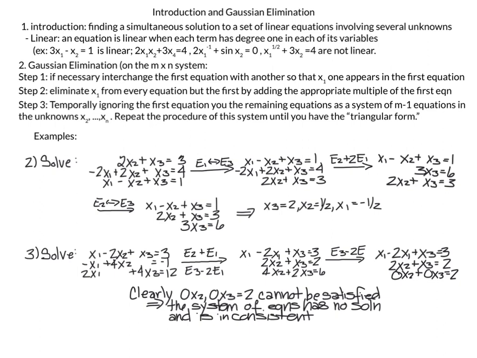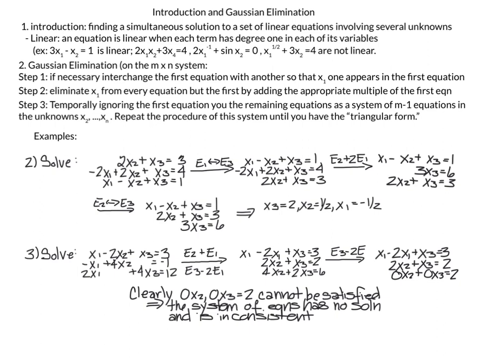And then you can see I already have triangular form. The bottom equation only has one variable, the next equation has 2, and the last equation has 3. Or you can think of it, each time you go down, you eliminate one variable. It's in triangular form, and then you can solve back, and you get x3 equals 2, x2 equals 1/2, and